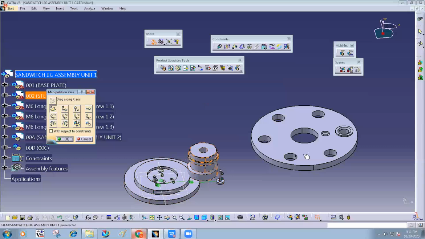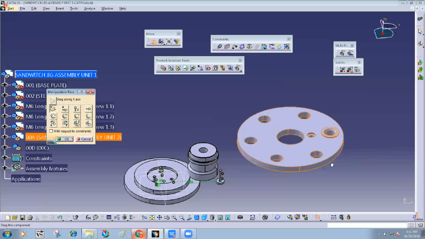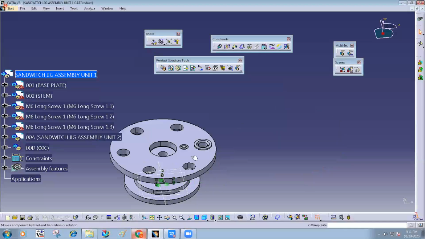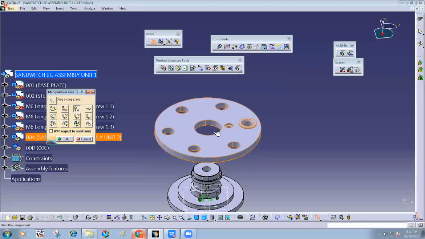What is the difference between this movement and this movement? Do you observe something here? I move this. This is a subassembly, right? I do it again. Move, manipulation. Try to move in the vertical direction. What happened?